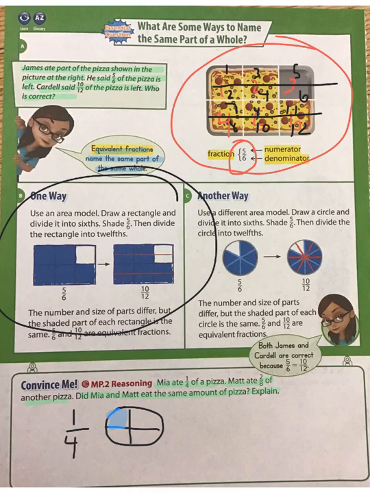1/4 of the pizza. Now, if we took the exact same pizza and we divided it into fourths, but then we divided each fourth into 2 more pieces. Sorry, it's kind of hard to see. Now we have 8 pieces. And out of the 8 pieces, if Mia ate 2 of them, it's going to be the same thing as